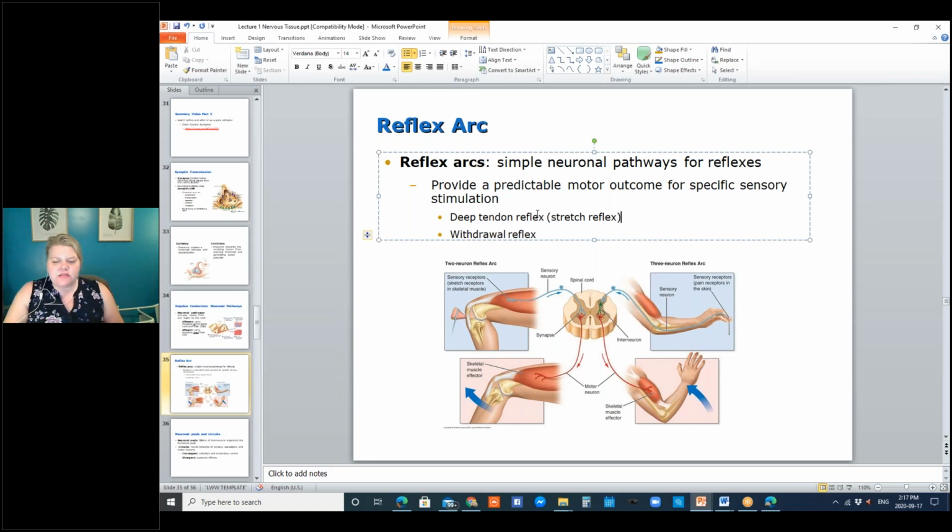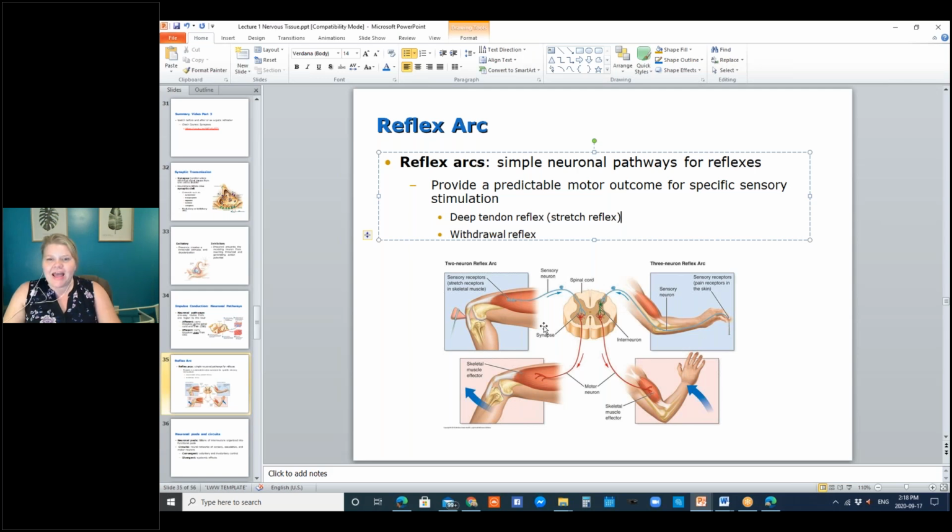In a withdrawal reflex, this would happen when an individual senses something that's hot or sharp or harmful in some way, and the reflex is to withdraw, right? So this person, I think, is touching a nail or a hot stove or whatever you want to have that stimulus be, and the decision is made at this cord level. So it's not requiring that your brain get involved in this and say, oh my goodness, that feels hot, I should take my hand away, right? It's trying to protect